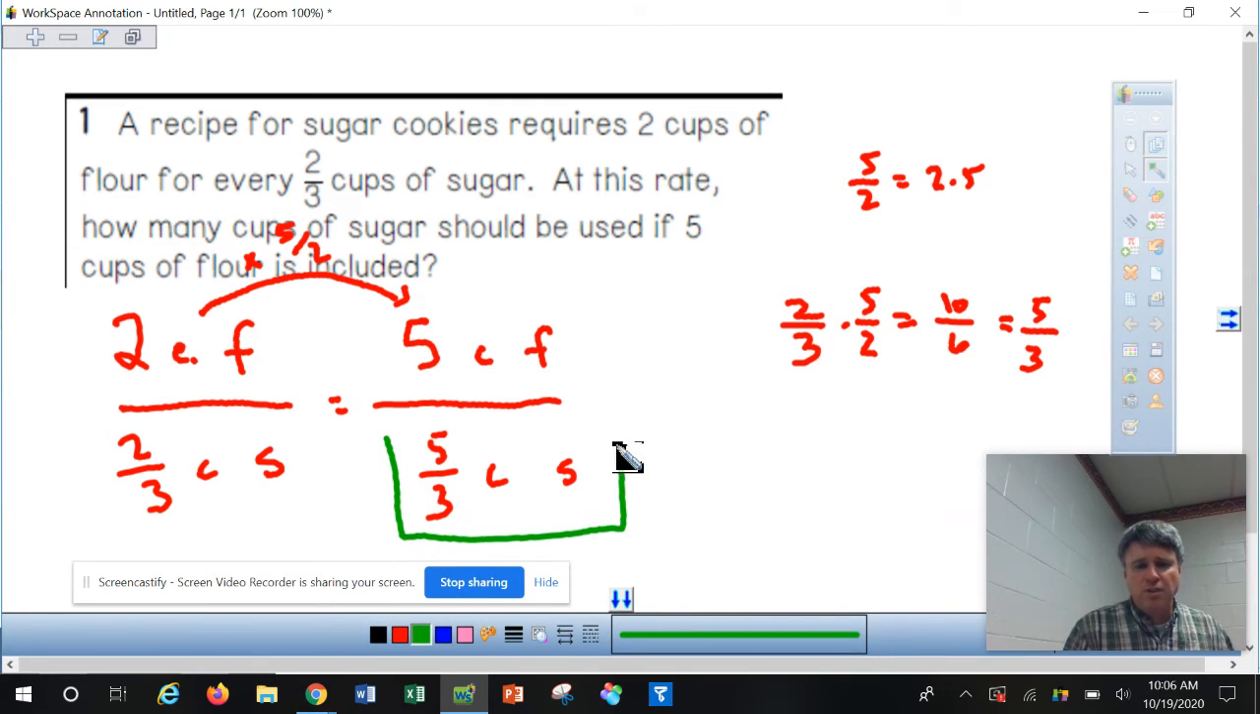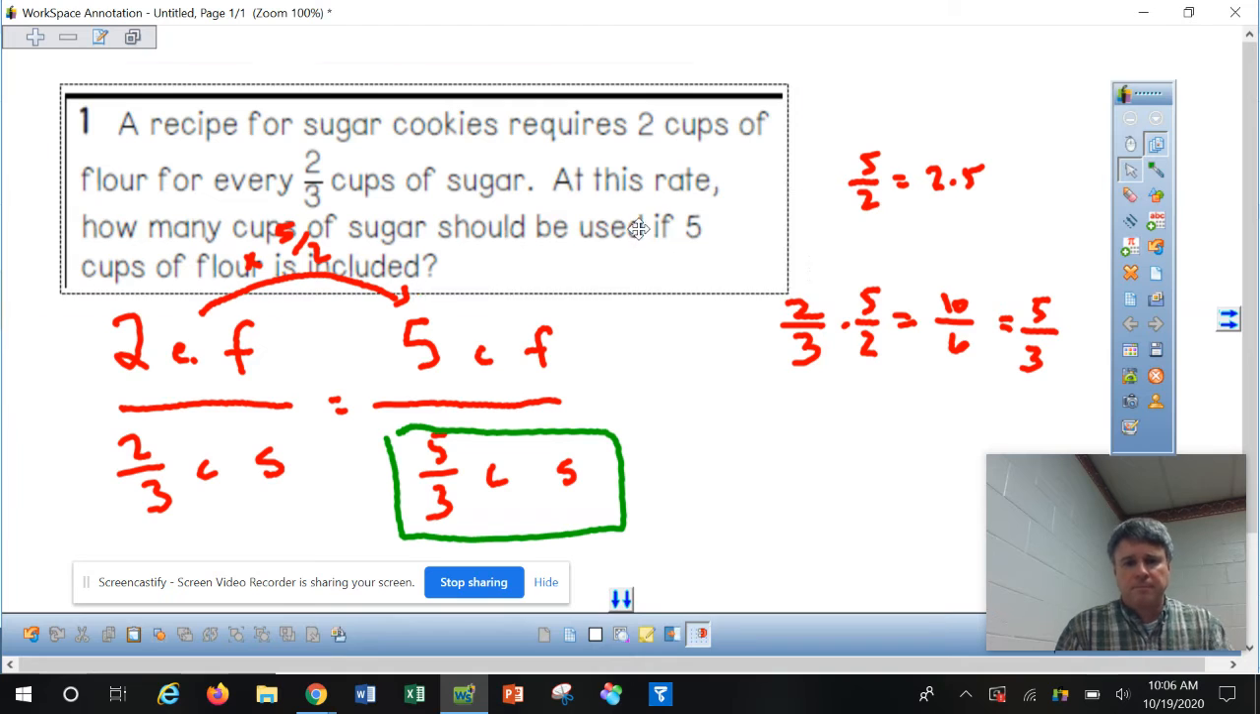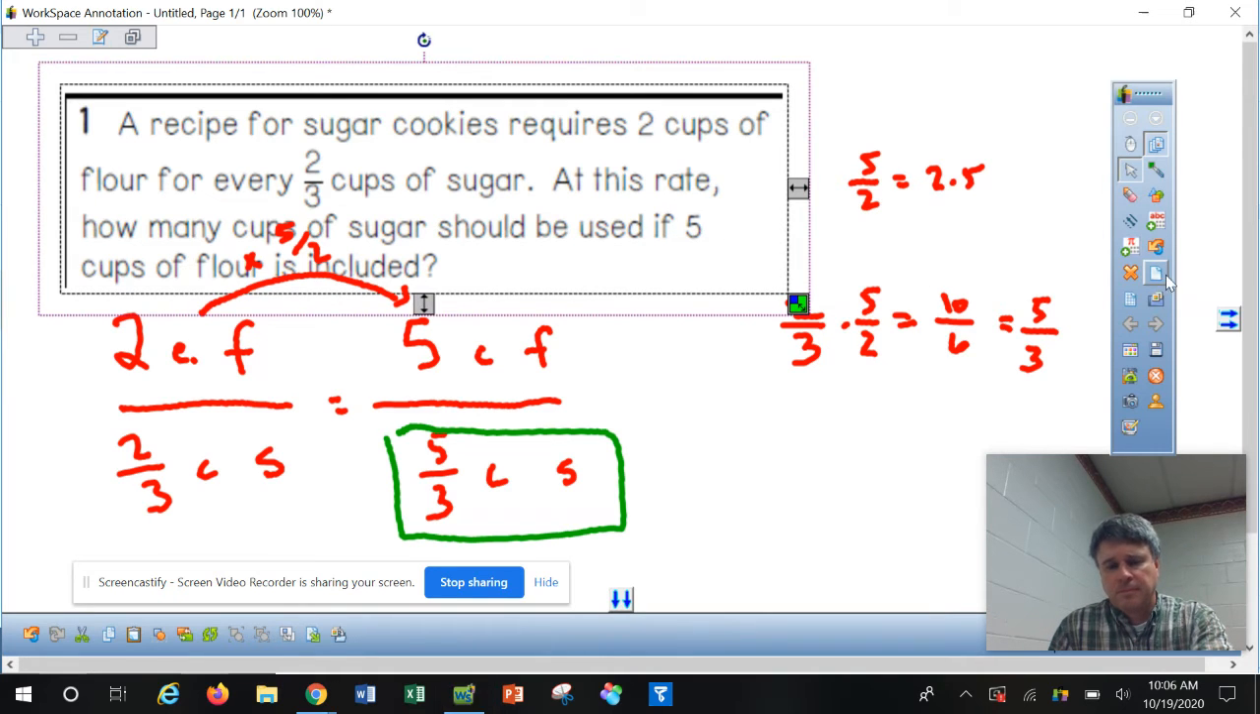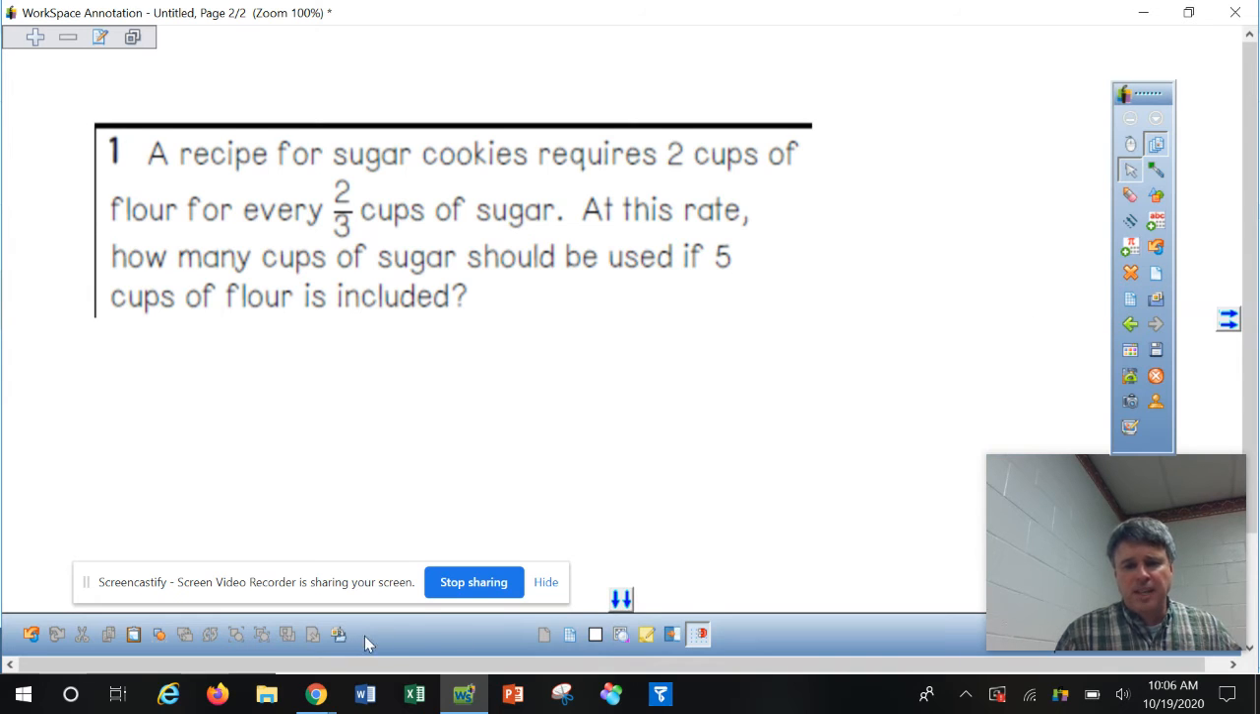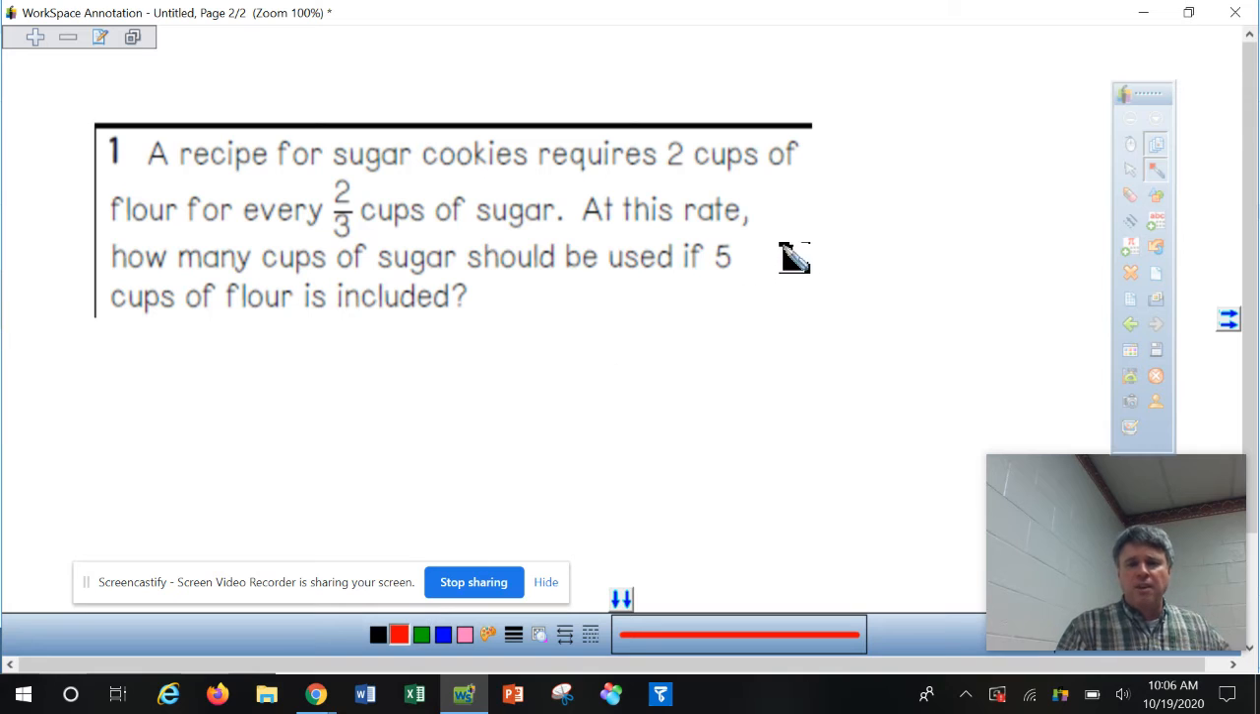Now, there's another way to do this problem. I'm going to show you the other way that you might want to consider. The other way is to think about unit rates. So unit rates is, I want to know how many cups of sugar should be used if 5 cups of flour. So if I knew how much I needed for 1 cup of flour, I could just multiply that by